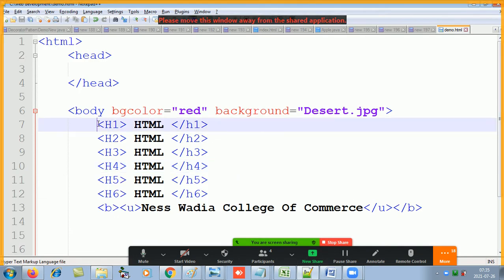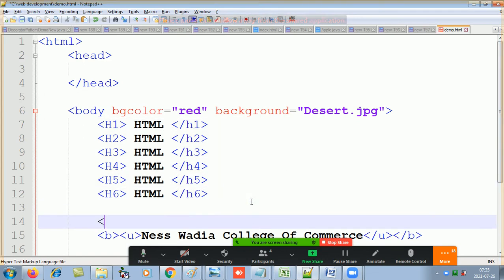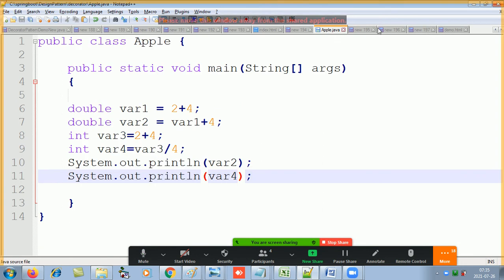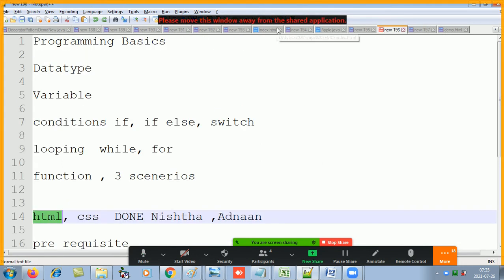So to give a heading, we have h1 to h6, and if you want to give a paragraph, we have the p tag. P tag will give a paragraph. So just copy something.